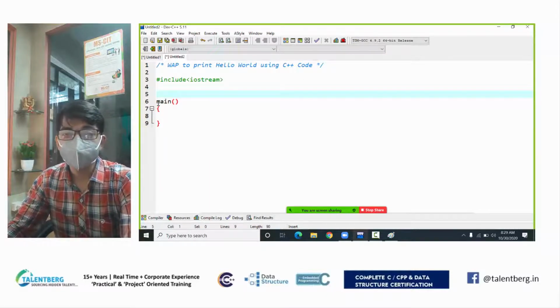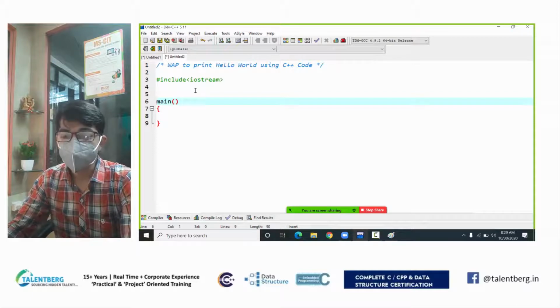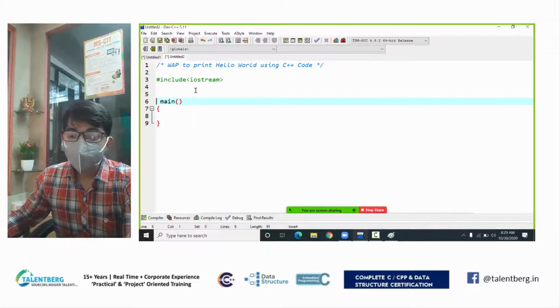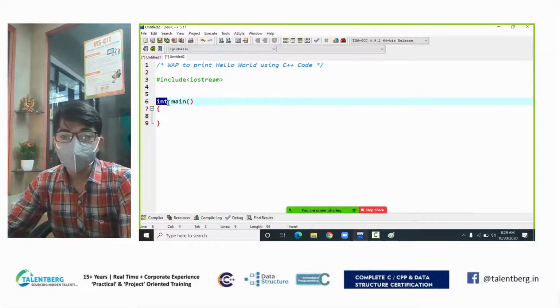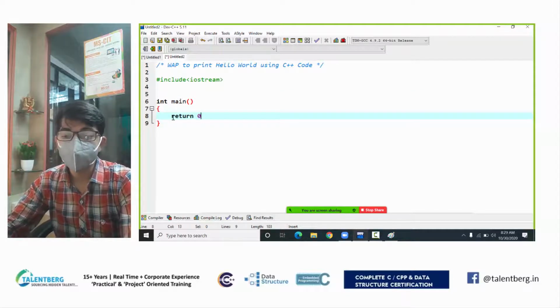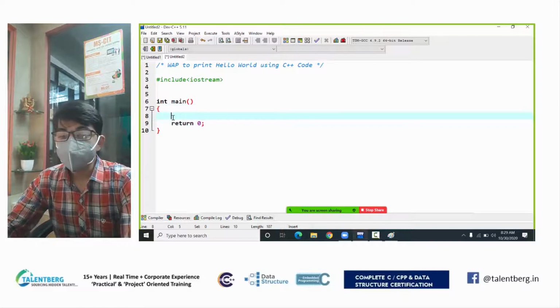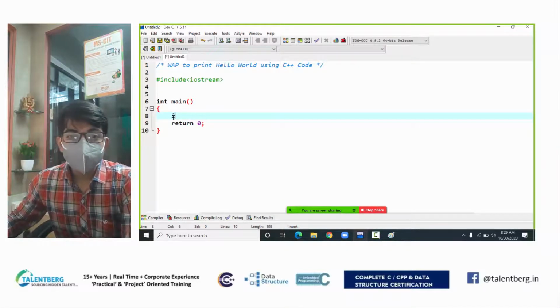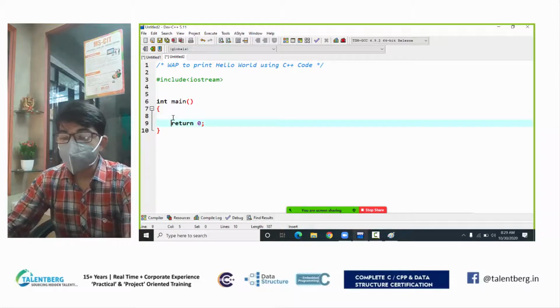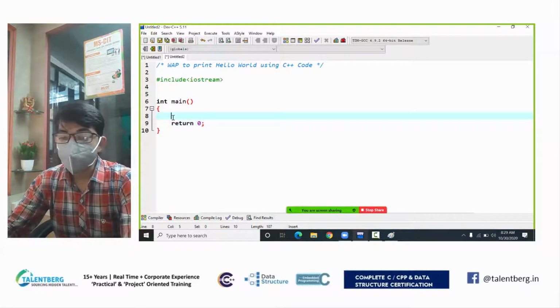Main is a function, and before this function name we type what? Before this function name we type float. So float is a return type. Can I type int? Yes. Can I type void? Yes. I suggest you type integer. In C++, the return type you give is integer, and instead of returning anything, you can return a 0. We don't have any instruction set, we don't have any variables like area circle, but we just return a 0, and this is my function.